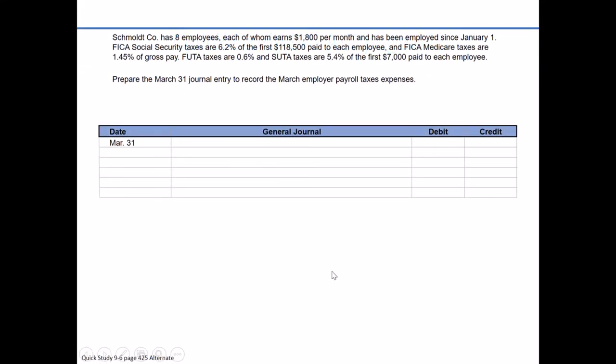In the alternate version of Quick Study 9-6, we're asked to record employer payroll taxes. As you learned in your Learn Smart modules, in addition to the employer recording the actual wages and salaries and payment of that, and also the different various deductions and withholdings, the employer has typically additional expenses as part of